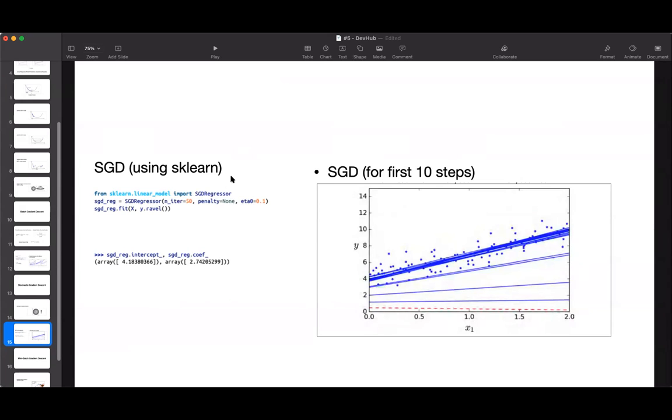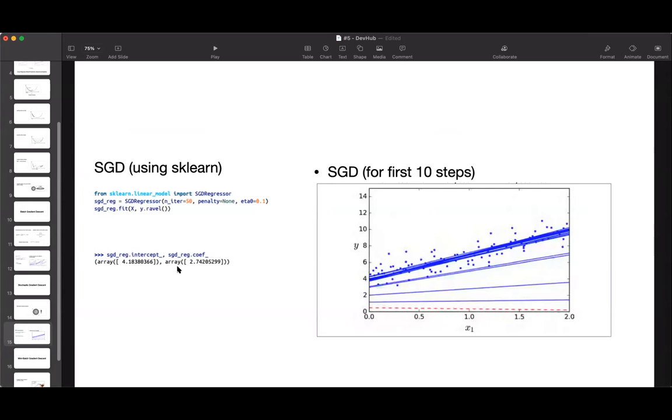After that, when we find the most optimized model parameters which this SGD model has reached, we will find that the first is 4.183 something, and the second one is 2.74 something, which is quite close to what we found with the normal equation. The data points which we actually plotted were generated using 4x plus 3 plus some constant or bias. So the ideal values would have been 4 and 3, but here we are seeing 4.183, and the second is 2 point something, which is quite close, and even better than what happened in batch gradient descent.